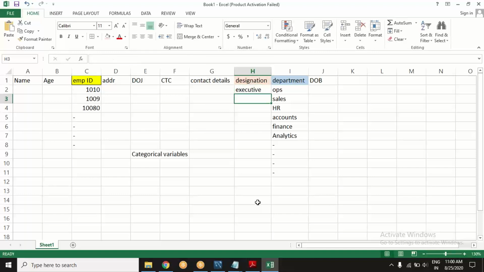Somebody is executive, somebody is manager, somebody is team lead, assistant managers, deputy managers, VP or AVP, somebody is just a trainee yet. A few will be CEO, one will be CEO, one will be CXO, and so on.